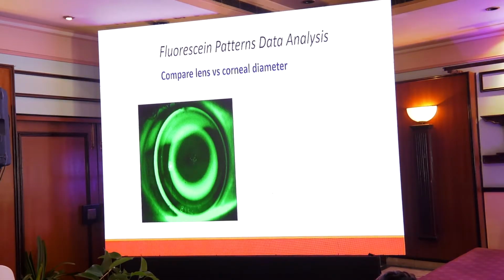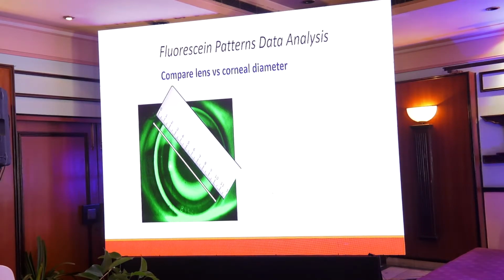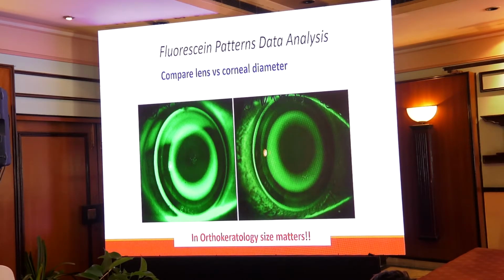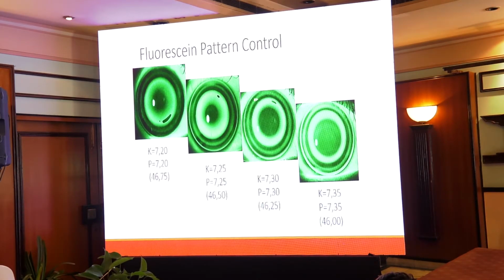Next, the diameter. Total diameter is very important. You need to have a lens that covers 98% of the cornea. So you can check the total diameter there. Okay. So this is a lens that is too big, a lens too small. And then you have your fluorescent pattern, which lens is correct. So basically, insert the lens, put the fluorescein, wait for 3 minutes, use the yellow filter, wait until no fluorescein in front part of the lens, then